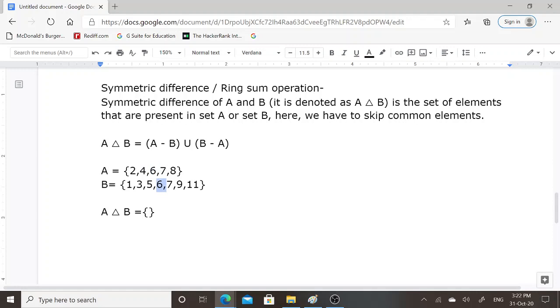So in this operation we have to skip or remove 6 and 7. Apart from 6 and 7, all elements that are present in either set A or set B will be included in this symmetric difference operation. These elements are 2, 4, 8, 1, 3, 5, 9 and 11.